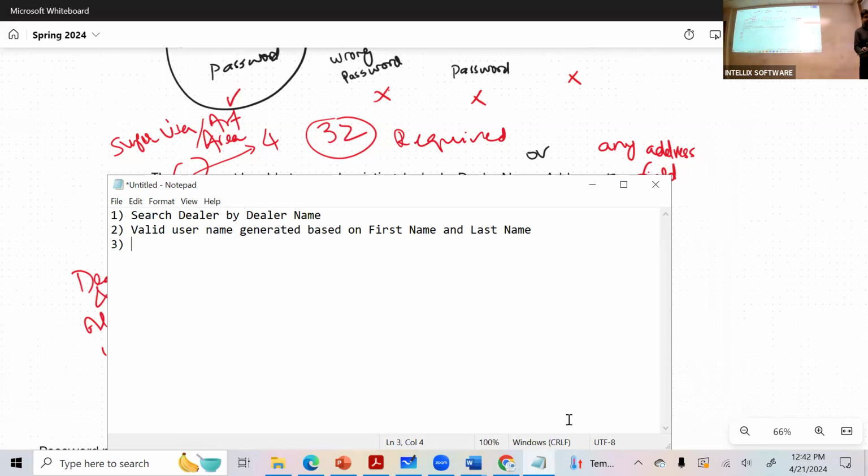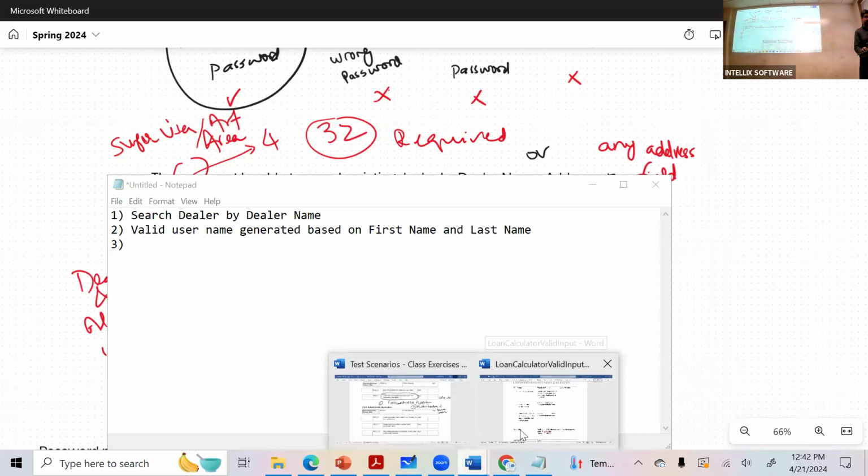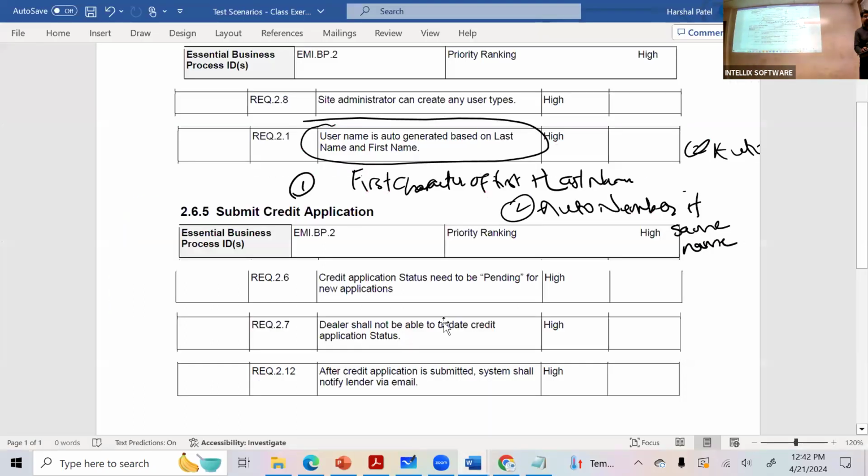The third one is we said dealer should not be able to update the credit status. Right?